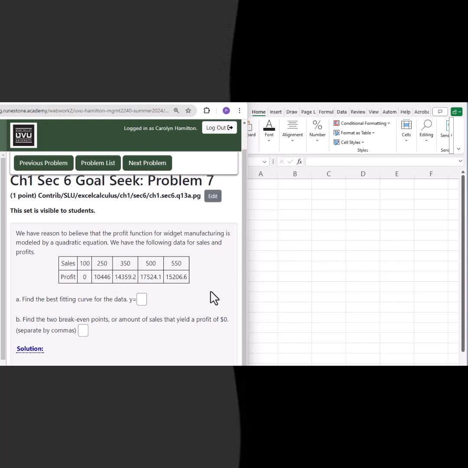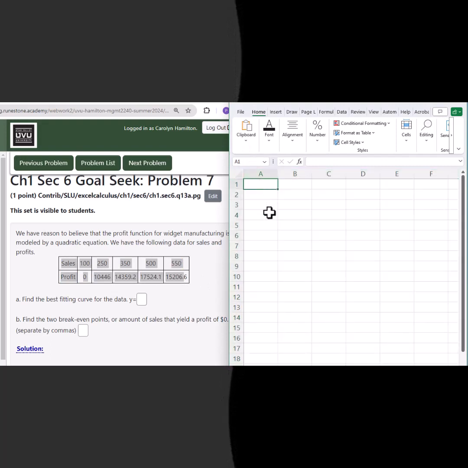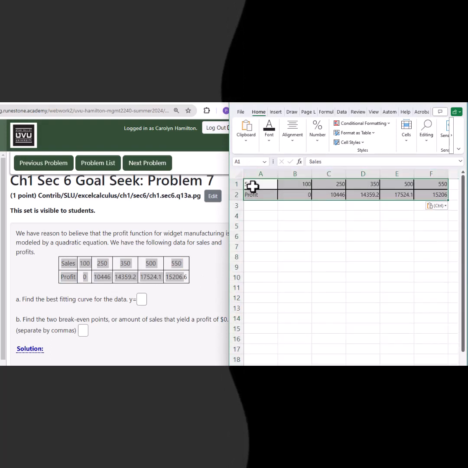First, let's get the data into Excel. We can copy and paste it. And even though it's in a horizontal format instead of being vertically down the columns, it will still work. Excel will just assume that your topmost row is your x-axis. Select the data,